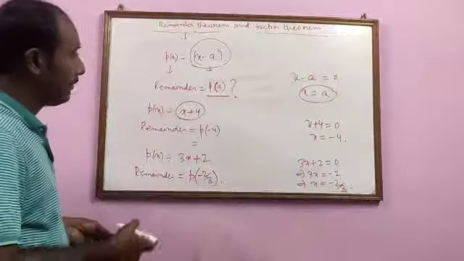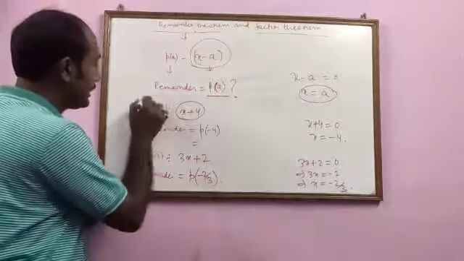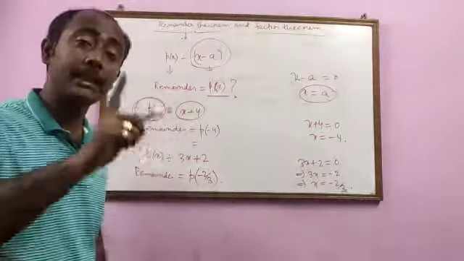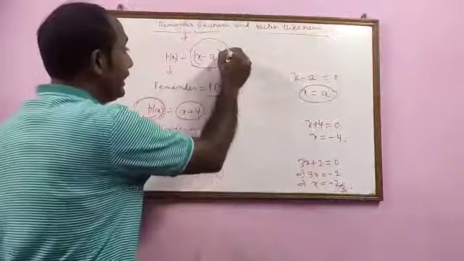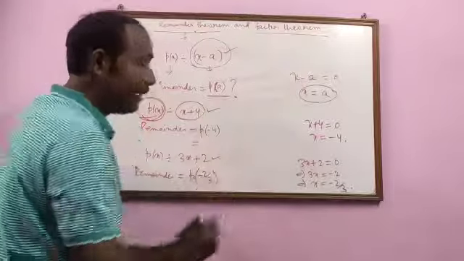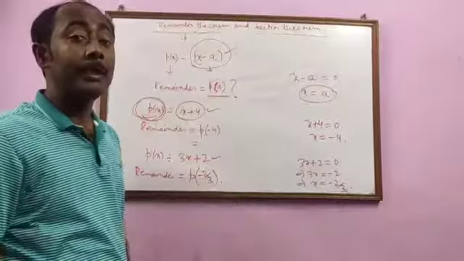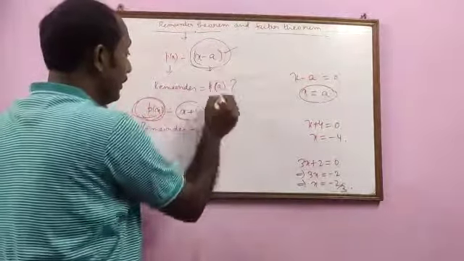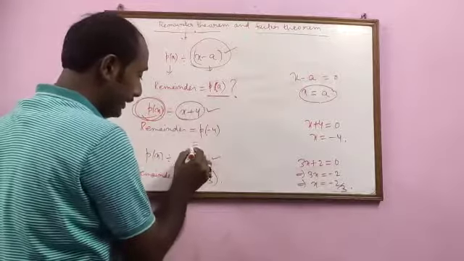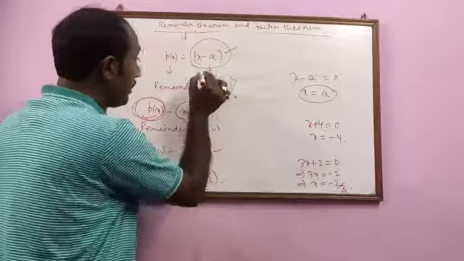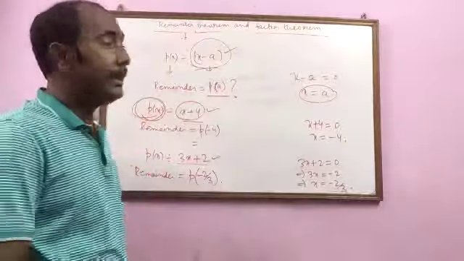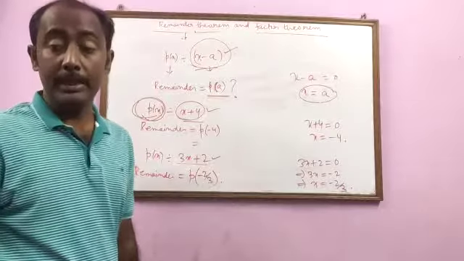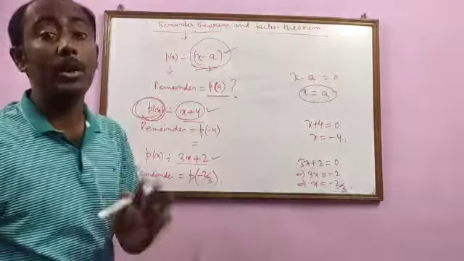Remember, in all these examples which I have taken, I have considered P(x) as a polynomial whose degree is 1 or greater than 1, and the divisors are examples of linear polynomials. A linear polynomial means a polynomial of degree 1. The highest power of x is 1. So these are all examples of linear polynomials, and in these cases we can use the remainder theorem. Now let us talk about a case where we cannot use the remainder theorem.